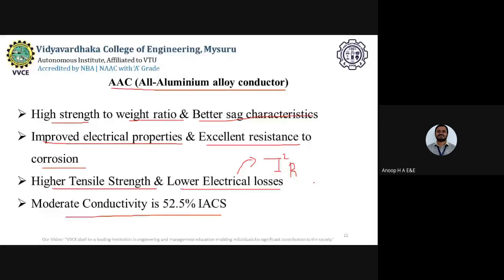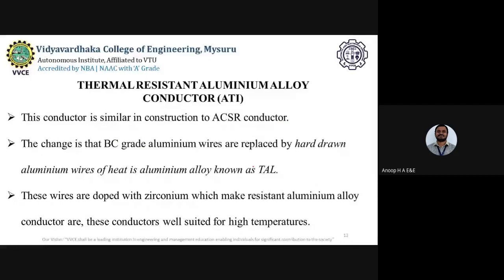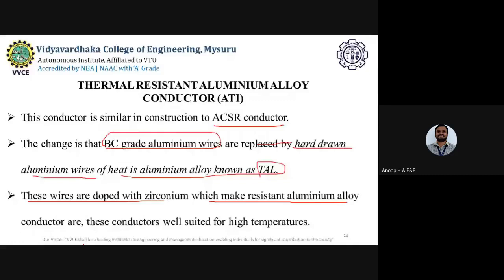So next we have thermal resistant aluminum alloy conductor, which we call the TAL conductor. The construction is quite similar to that of an ACSR conductor. The change is the grade of the aluminum wires that are being used, it is a hard drawn type. Hard drawn aluminum wires are used in the aluminum alloy known as TAL. These wires are doped with zirconium, which makes heat resistant aluminum alloy conductors, and these conductors are well suited